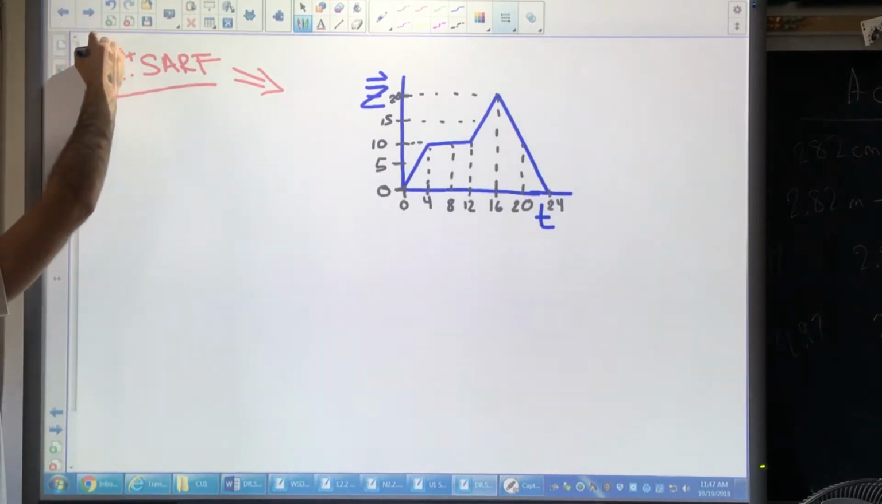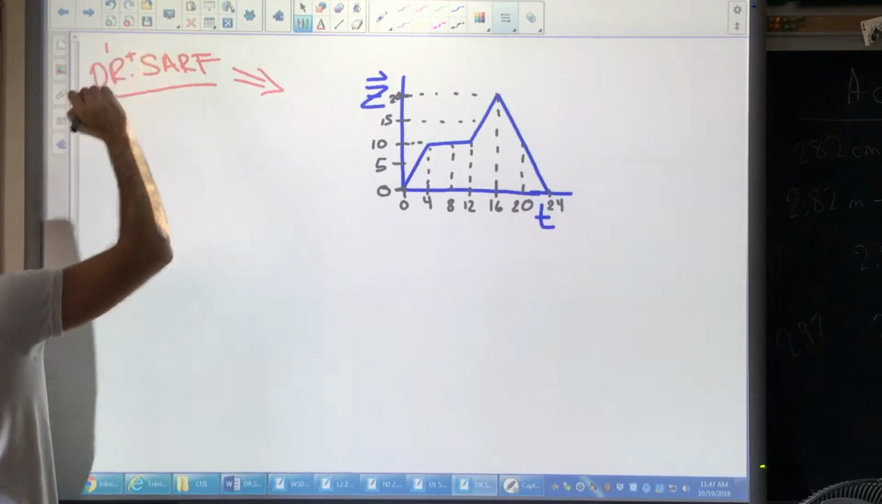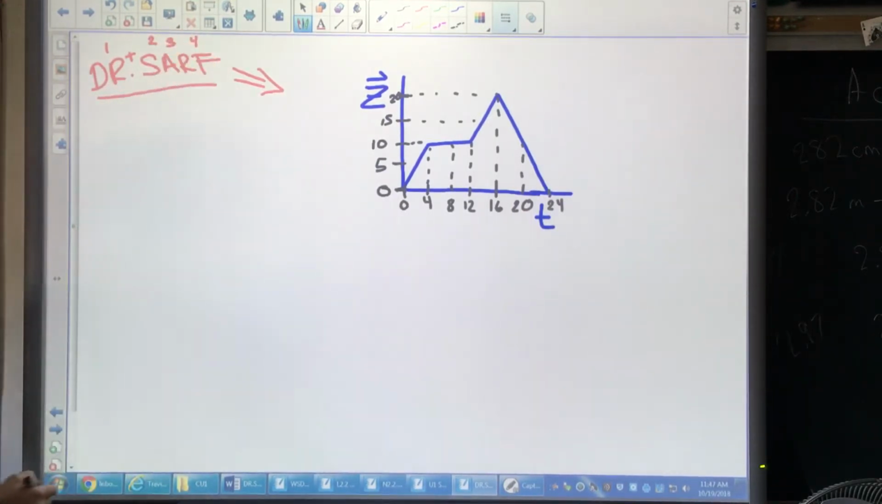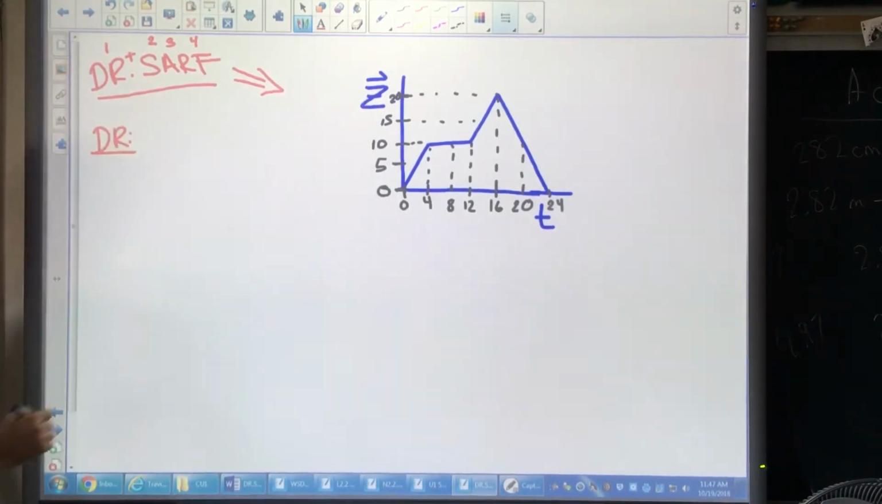It's in order. The first thing Dr. SARF investigates is direct read. After that, if all is well, it goes to slope, then to area, and finally to rise plus fall. So let's see how this works. Direct read. Okay. Well, basically, if you get a question, for example,